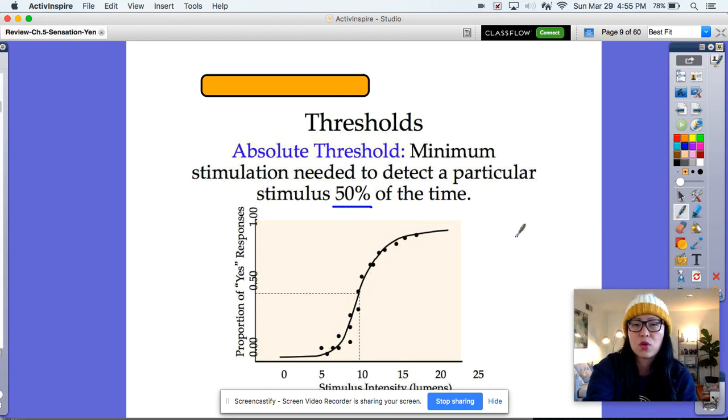time. Another example of this is a hearing test that we've all taken in school. You click the button every time you hear a faint sound, and as long as you can hear it 50% of the time, that is considered your absolute